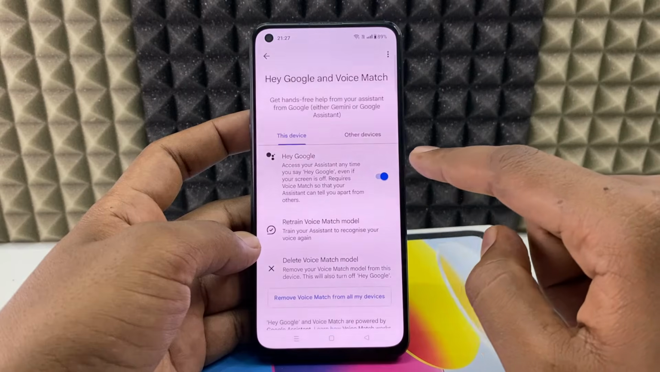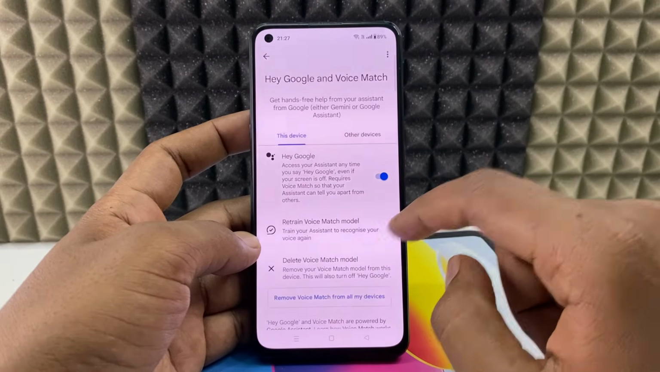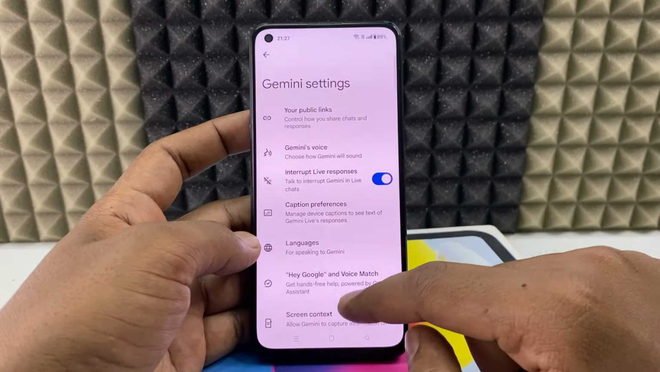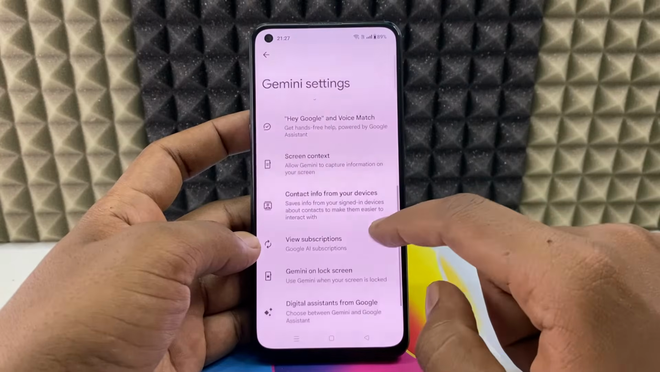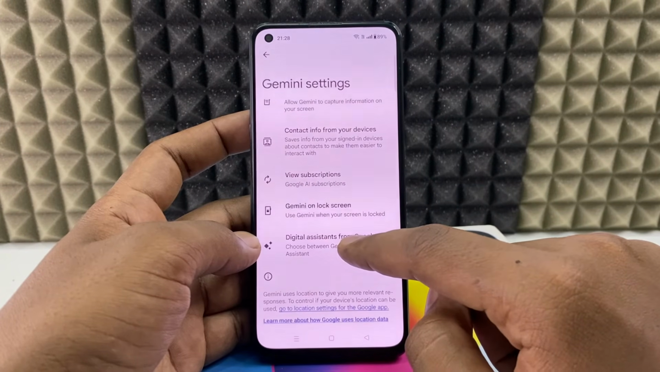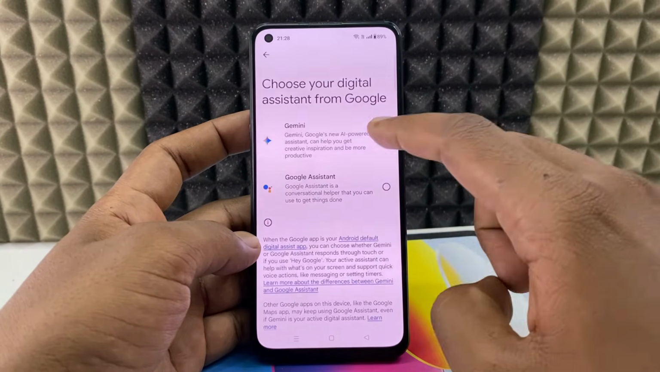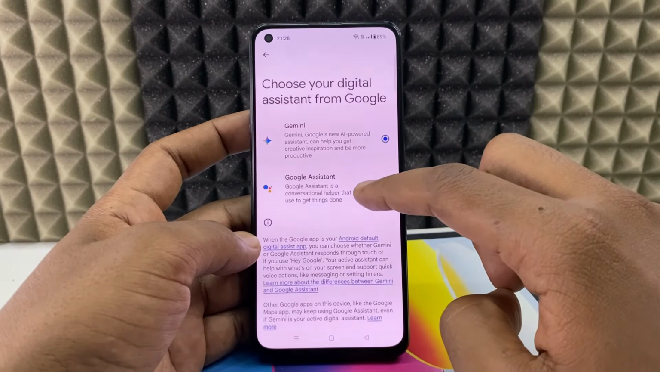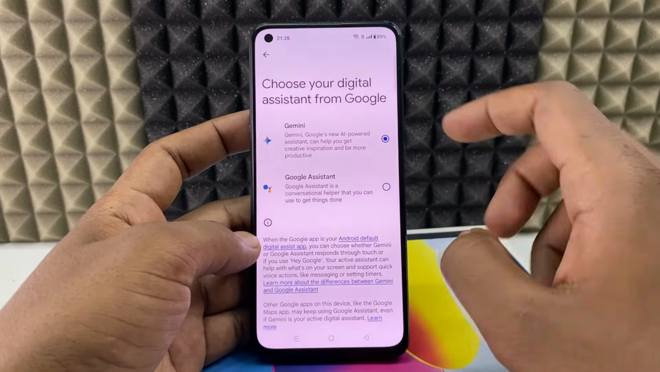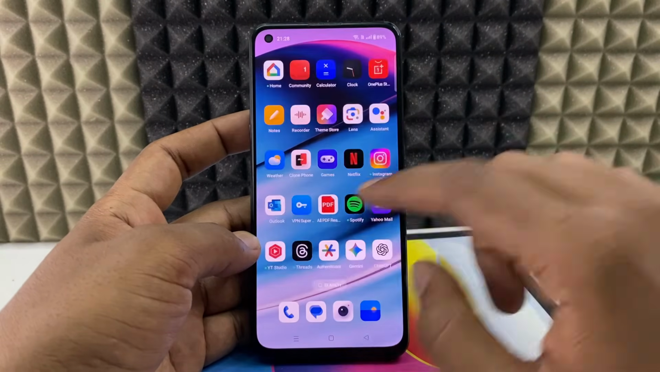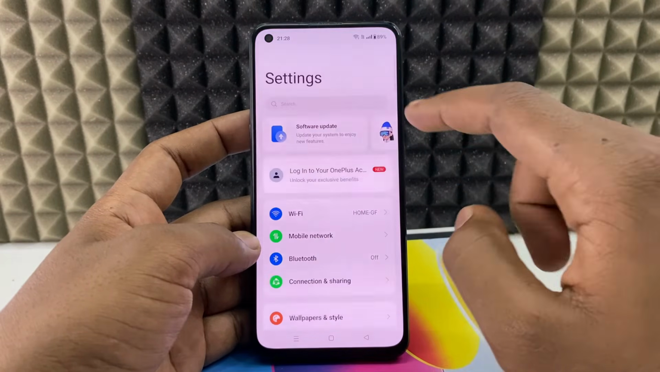Okay, it's turned on. So now the second thing you need to do is just back, scroll down and open this option, Digital Assistants from Google, and here make sure it's selected to Gemini. If it's selected to Google Assistant, switch this to Gemini, then back, minimize this and open settings and click the